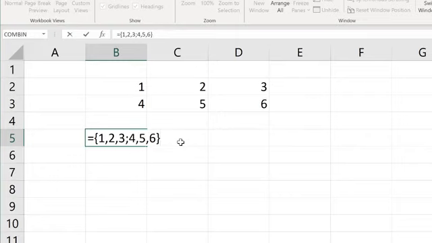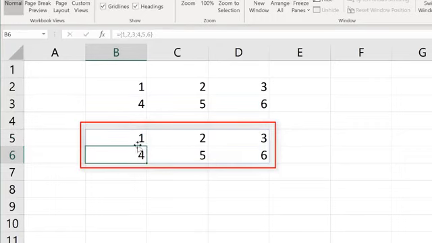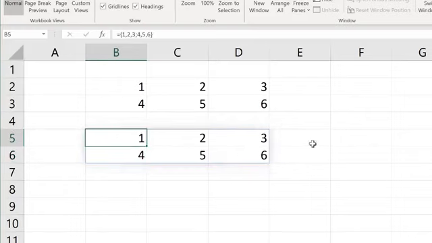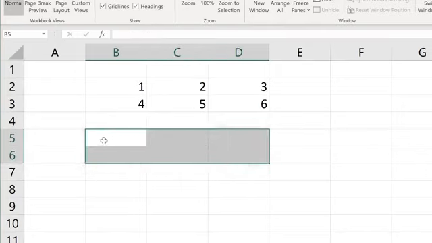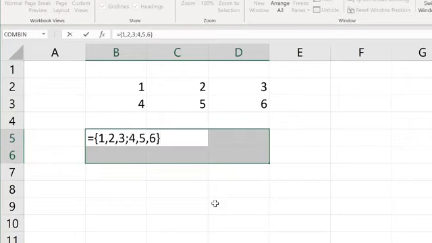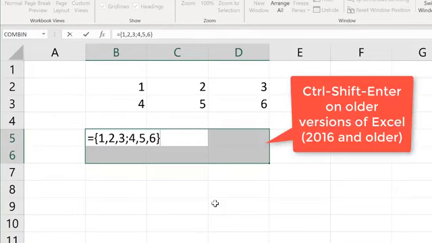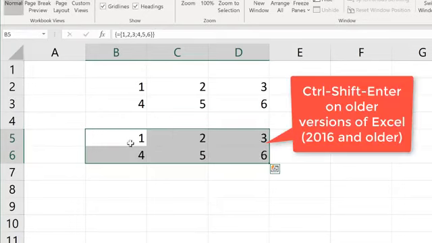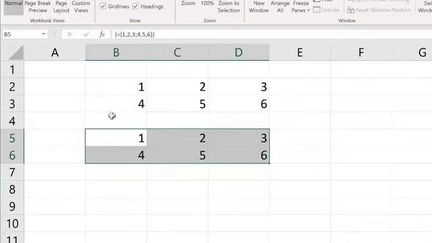And if you have Excel 2019 or Office 365, when you press enter, it puts it into this array. So this is known as an array. It's sort of all kind of its own thing. If you don't have Excel 2019 or Office 365, let me go ahead and delete this. You can enter an array by highlighting the size of the array that you're going to want to enter, and then you can do the same thing. So left squiggly bracket, 1, 2, 3, semicolon, 4, 5, 6, bracket, and then you don't press enter, you do Control Shift Enter. The key combination on a Mac is a little bit different,